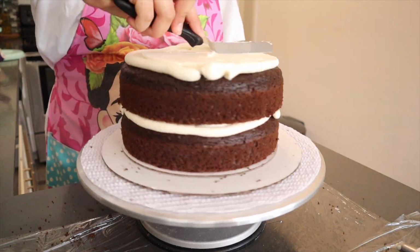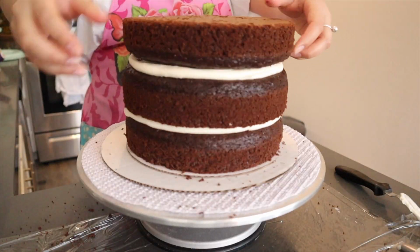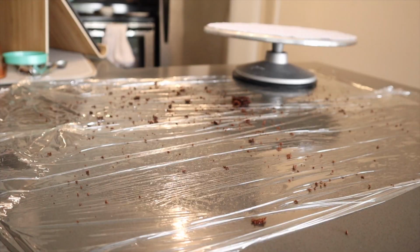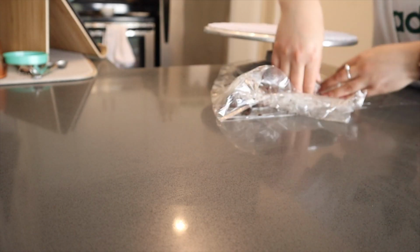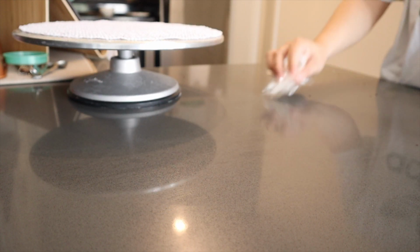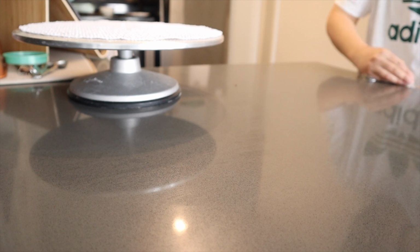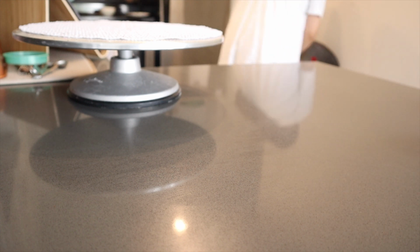And then I'm going around and smoothing the edges just to make sure that the buttercream isn't sticking out, and then I'm going to pop this into the fridge till it firms up. I had laid down this plastic wrap on the counter so I can easily clean up the crumbs from the cake. So I cleaned up my area, and then once my cake was firm, I'm adding on my